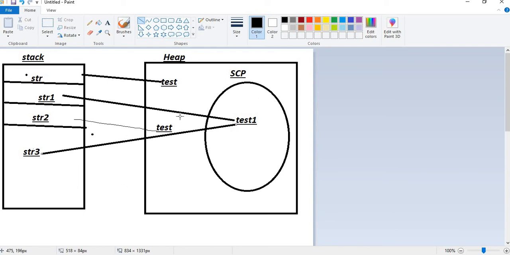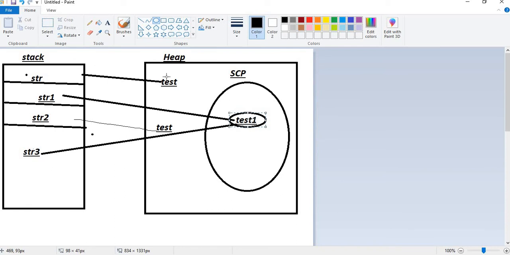So in this case, the address of my test1 value is the same in pool memory, but the address of my test value is different in heap memory. Every value in heap memory or pool memory has some address with it.